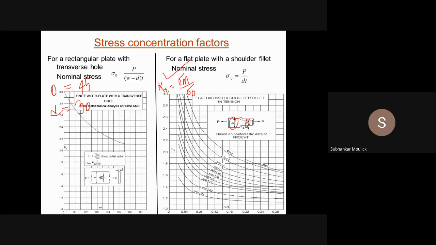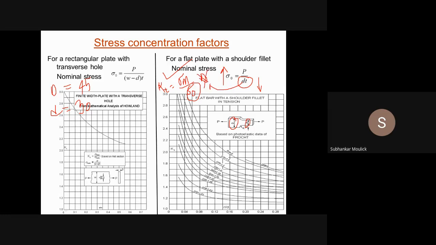So if this is the cross section, nominal stress will be how much? Load divided by cross sectional area. Now which area do I take, the larger width capital D or the smaller width small d? Sir, smaller width. Smaller width, because if the area is less, then stress will be more, and in design I design any component for the larger amount of stress. So I will not take capital D while writing the formula of nominal stress. I will take small d.